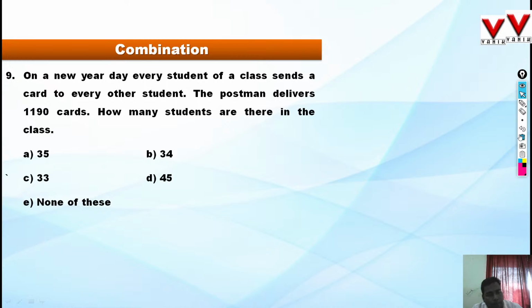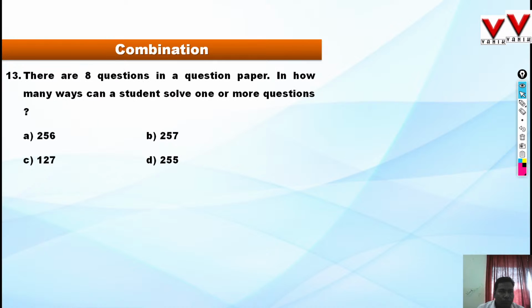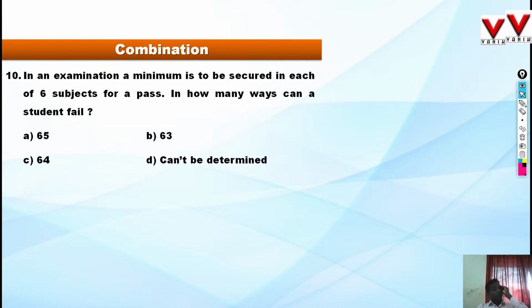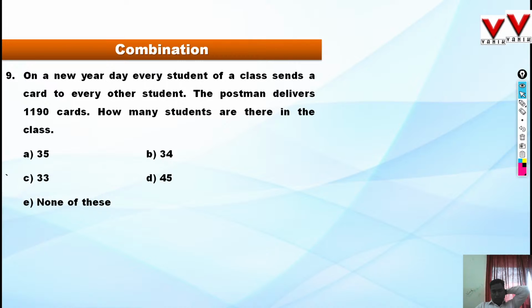On a New Year day, every student of a class sends a card to every other student. The postman delivers 1190 cards. How many students are there in the class? On a New Year day, every student of a class sends a card to every other student. For 1 letter, we require only 2 persons. That means NC2. But in the case of handshake, both persons